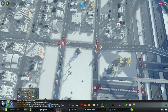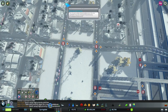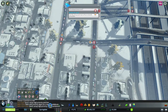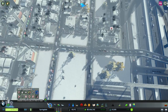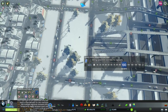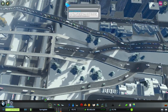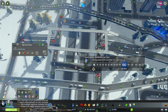Because they have to genuinely, instead of doing that, let's put yield signs down in place of stops and see if this will help better alleviate it. Down in here. Now they're still going 60 miles an hour down in here. So we'll put it at 100 miles an hour in that roundabout. People will go a lot faster in that roundabout if they can get around in there quicker. Now generally they don't have to wait so much. Same with, no, they do that there. We're just gonna do our